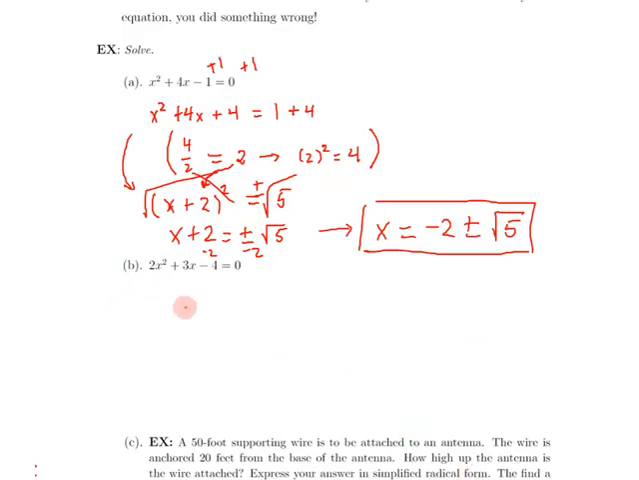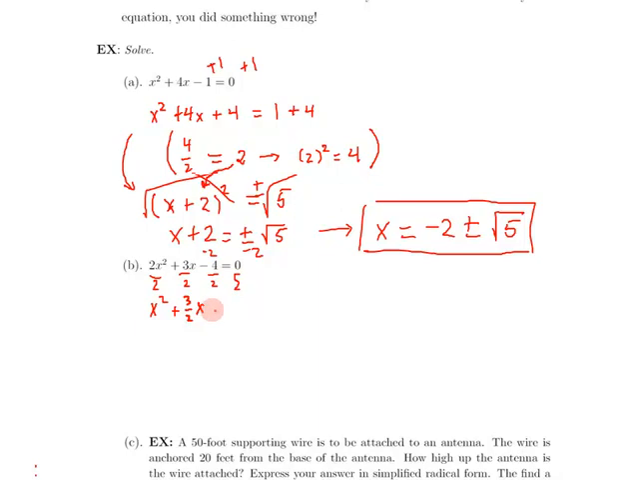On example B, we're given 2x squared plus 3x minus 4. Of course, we want to solve for x when this is equal to 0. In order to do this, the first step we need to do is divide through by the a. We need a 1 in front of the x squared in order to complete the square. So we're going to divide everything here by 2 all the way across. In effect, I'm dividing the whole left-hand side by 2, which means I can divide each individual term by 2, which gives me x squared plus 3 halves x